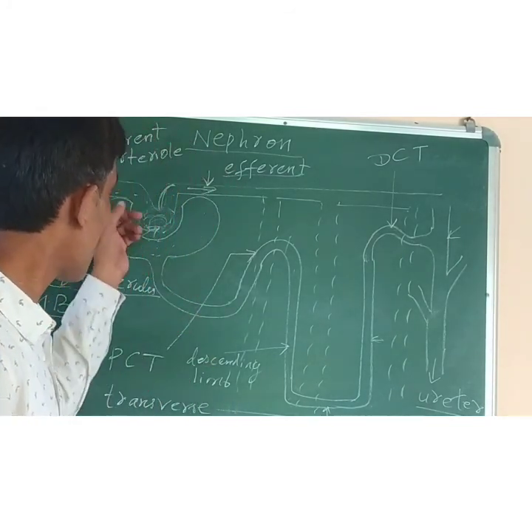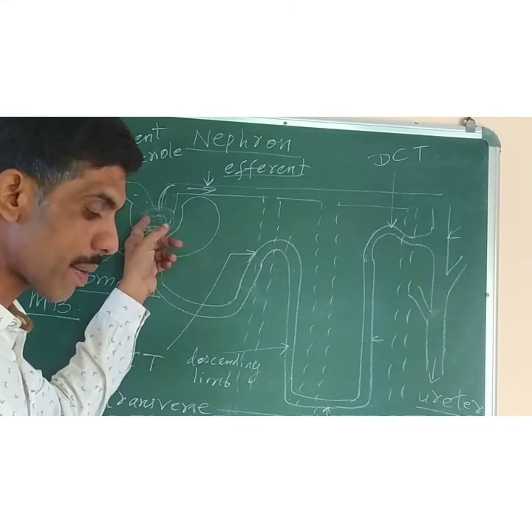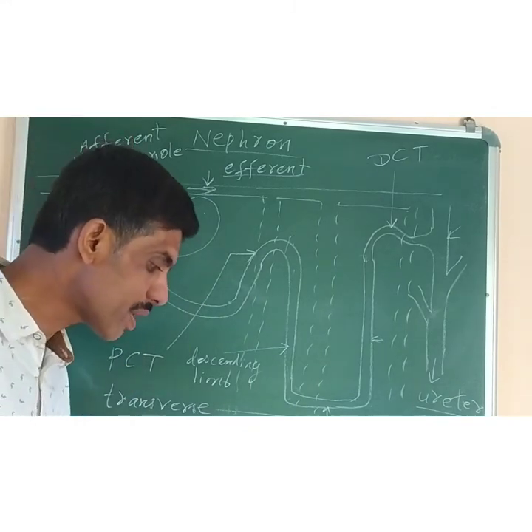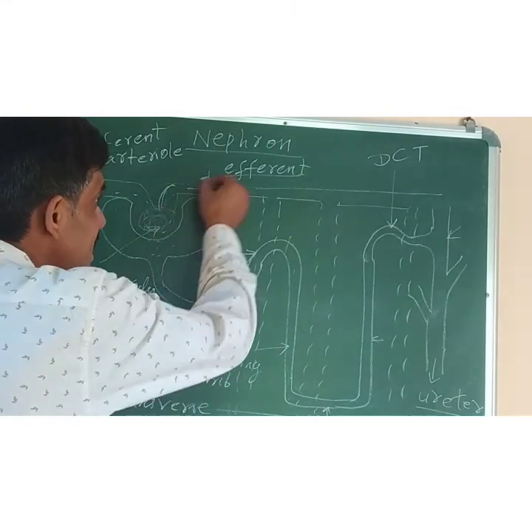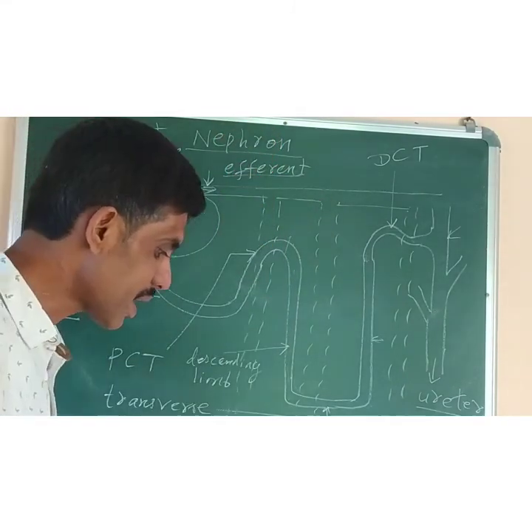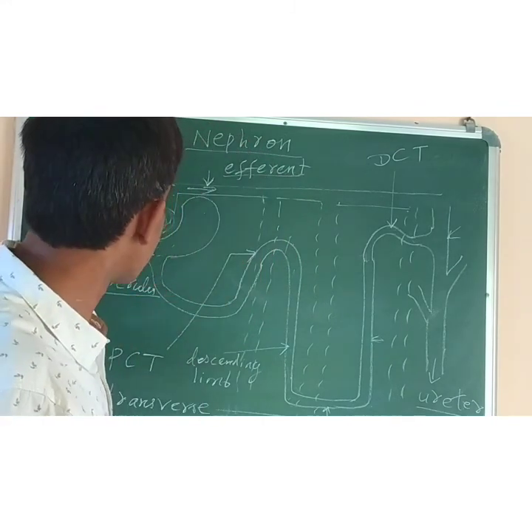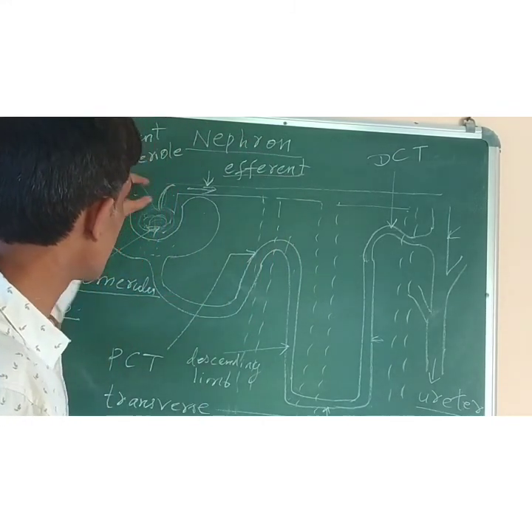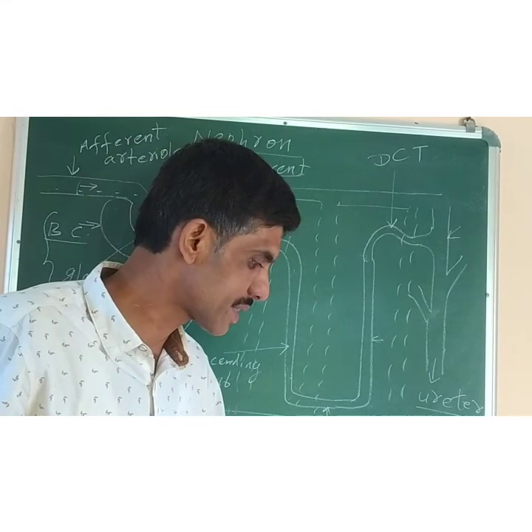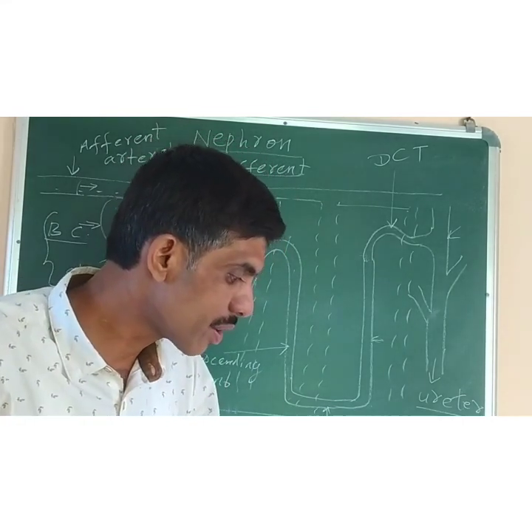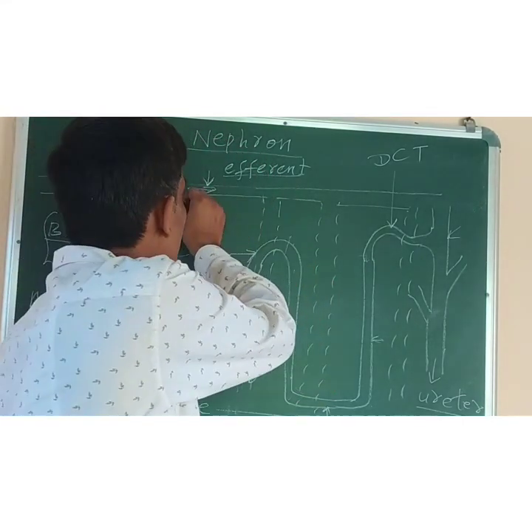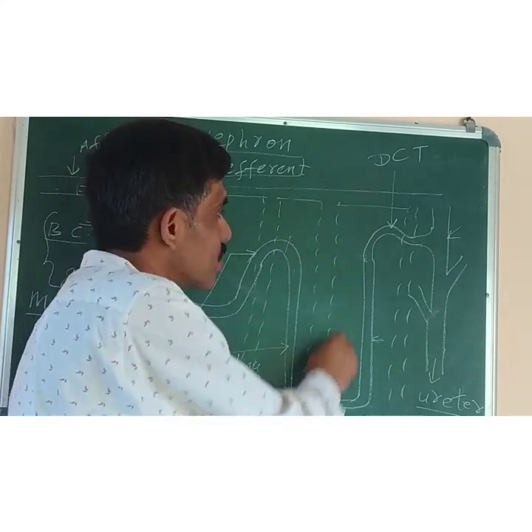The afferent arteriole breaks into a network of blood capillaries which is known as glomerulus. The glomerulus emerges outside as efferent arteriole having reduced diameter, and the afferent arteriole has wider diameter. You can see diameter is more here, here diameter is less. The efferent arteriole, after leaving the glomerulus, it branches to supply blood